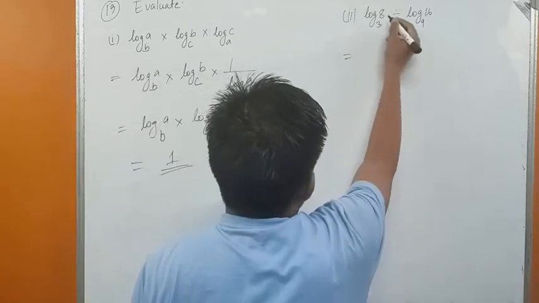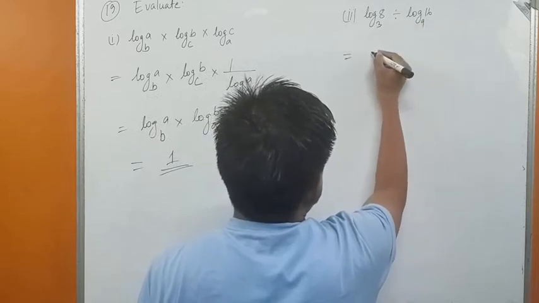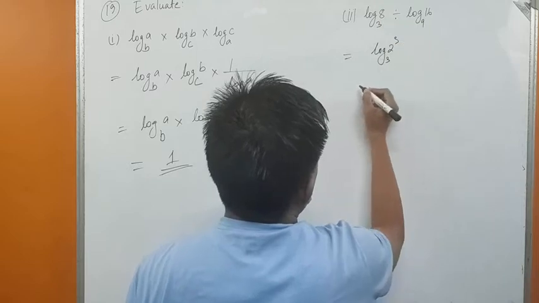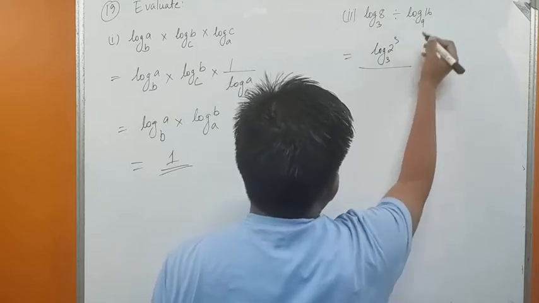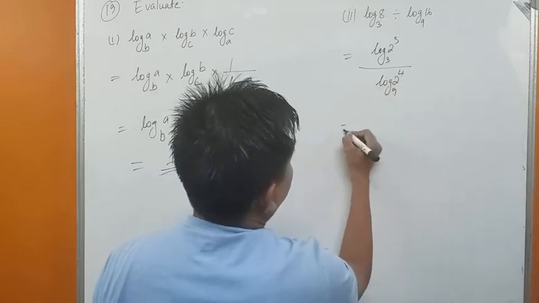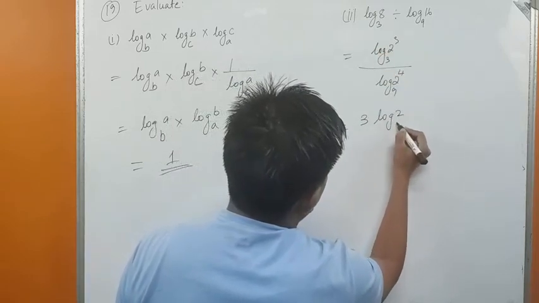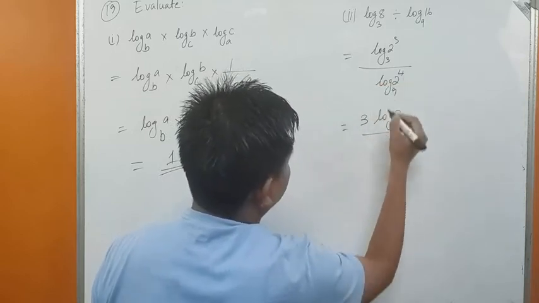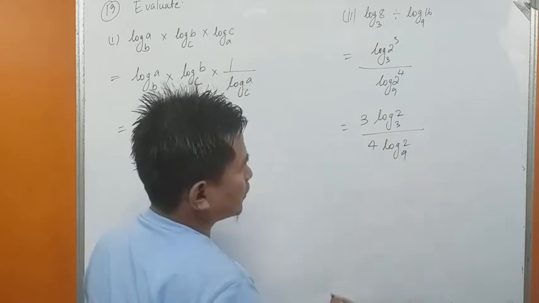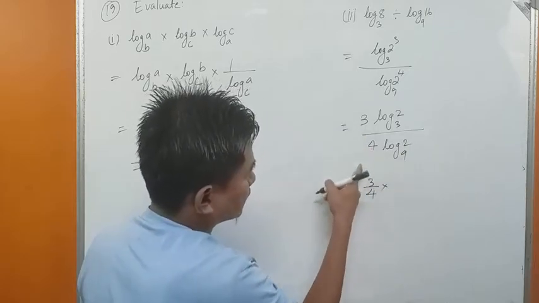We are asked to find log 8 to the base 3 divided by log 16 to the base 9. We can write this as log 8, which is 2 cubed, to the base 3, upon log 16, which is 2 to the power 4, to the base 9. Now this 3 can be written in the front: 3 log 2 to the base 3 upon 4 log 2 to the base 9. So we have 3 upon 4 into